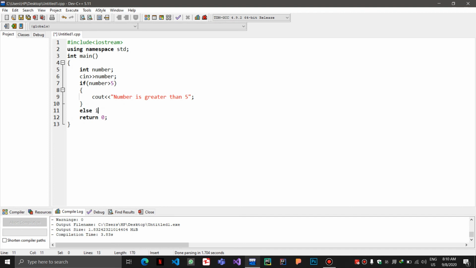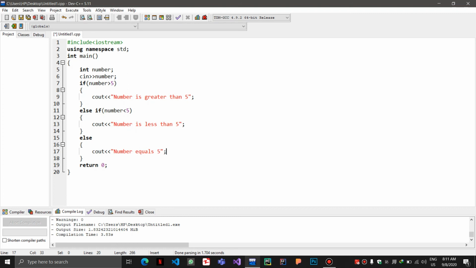Now we have else if, where we want number is less than 5: cout "number is less than 5." And then in the else we have cout "number